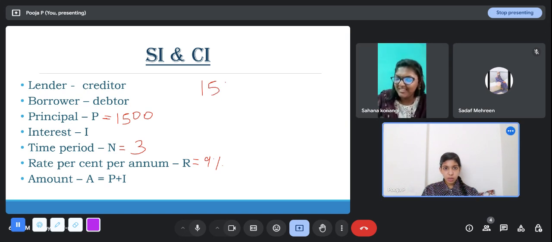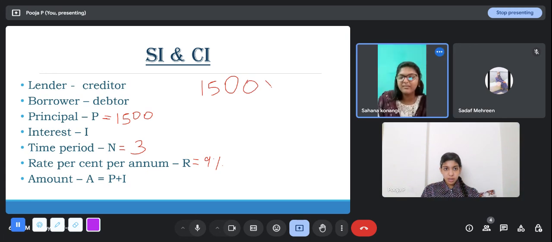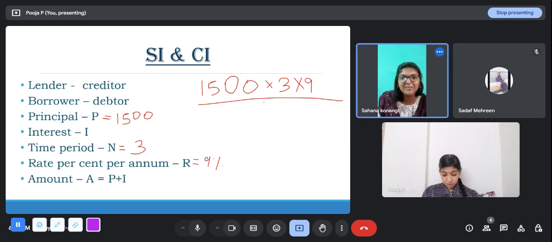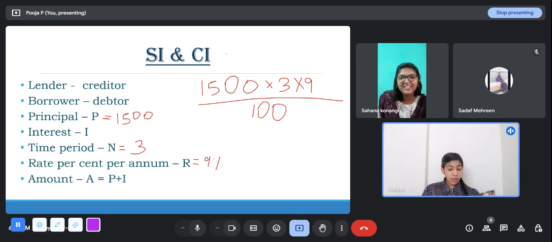Why 135 into 3? How did you get that 135? It is 1500 into 9 into 9 divided by 100. That is how you got it. So from here, you should divide it by 100. From the total that you got, the previous 135, what you're talking about is the same thing. Instead of this, it was 9 over here. You agree with me? So now this 9 has changed into 3, and the total result was what you got as 135.